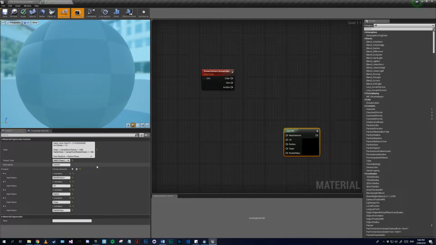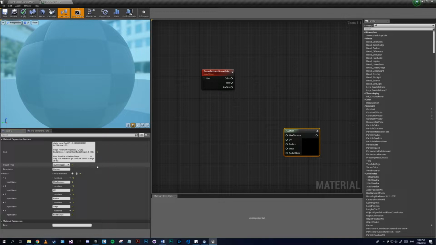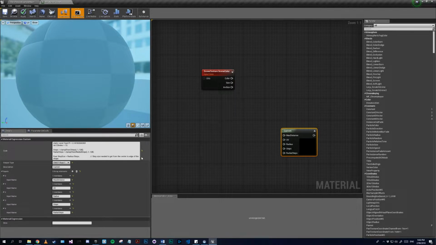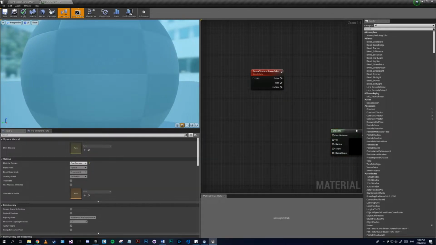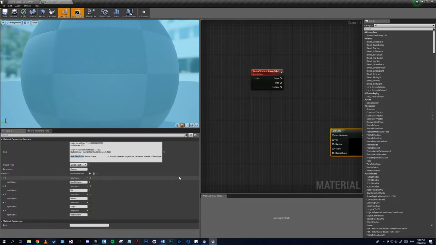So for the comment, this is the step size needed to get from the center to the edge of the shape. Click out, click back in, and if I drag this out a bit, click out, and there, it's a lot neater. So if we do the same thing for our radial steps,